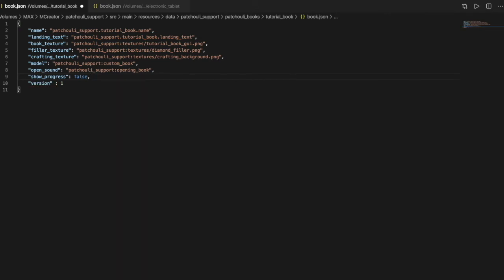This is just the boolean, false or true. You have the version, which we put here. Next, you have the subtitle, which can take the place of the version. If you make the version 0, then the subtitle will appear under the name of your book.